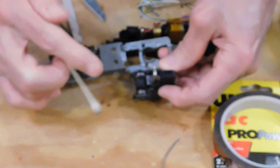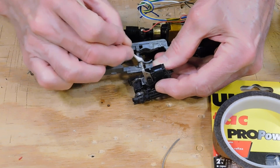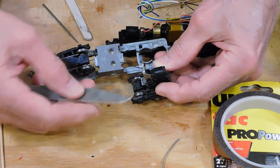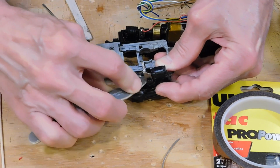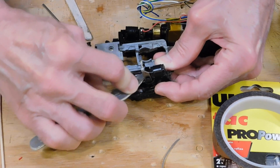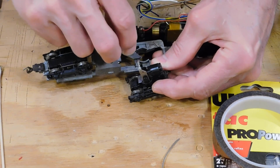So what you have to do then is get yourself a Q-tip and some alcohol, clean it off as best you can. And this is old dried grease and grunge. And then get yourself a sanding stick like this one and sand it. Get it nice and clean. Get it down to the bare metal there. Okay, like this. And then do the same thing down in here. This is hard to get to, but you can do it,